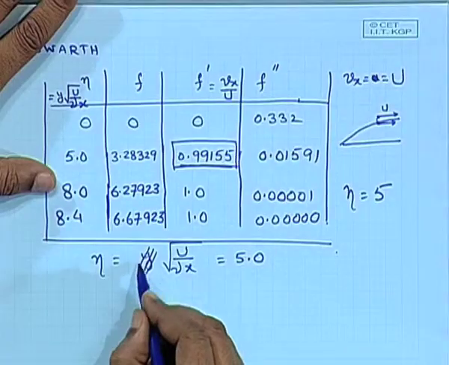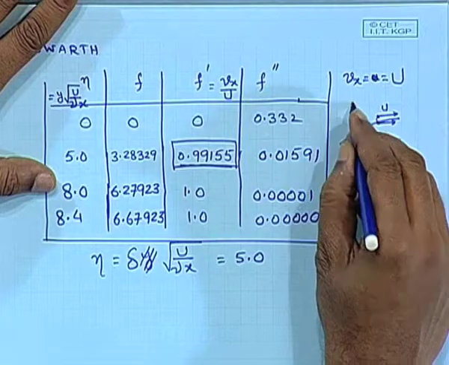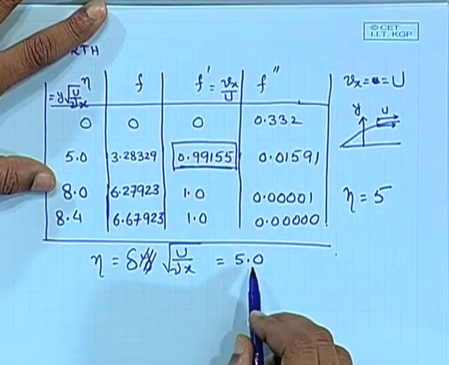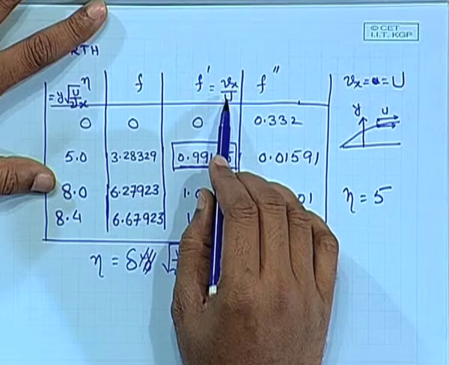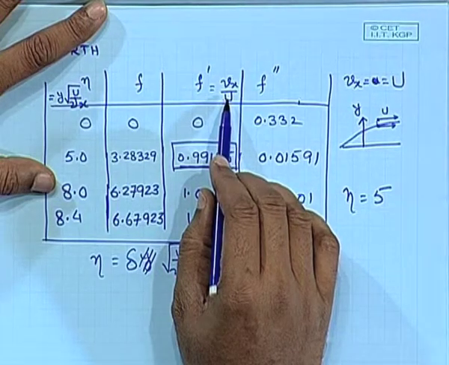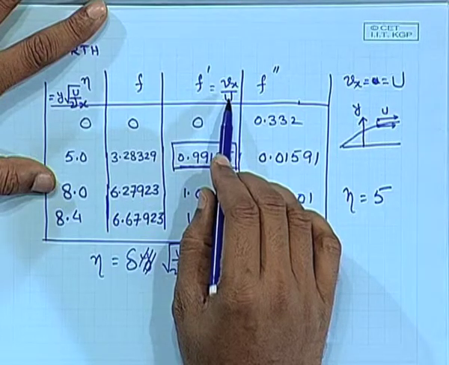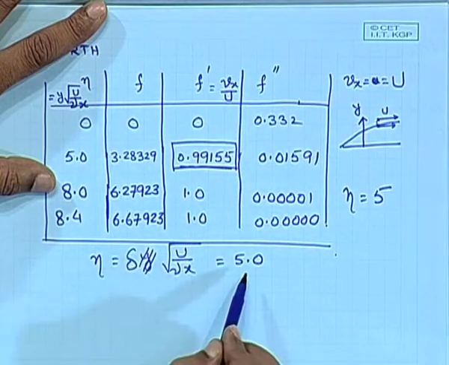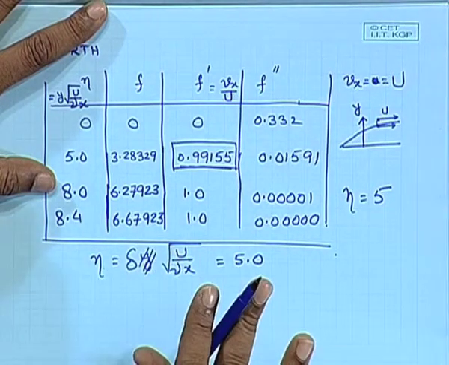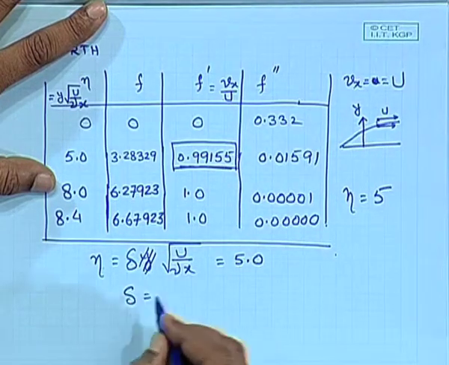I should be able to substitute y by delta, because y is this distance. So, when eta equals 5, looking at f prime, I know that I am at the edge of the boundary layer, whose thickness is denoted by delta. So, my y becomes equal to delta at eta equals 5. All of you are with me? Any question? Okay. So, my delta is simply going to be